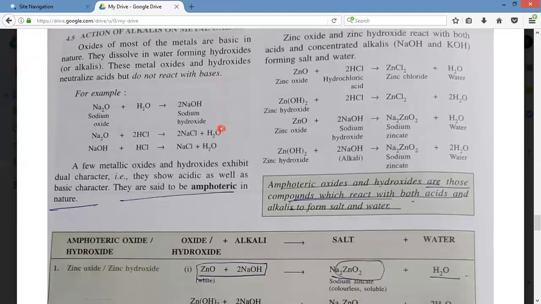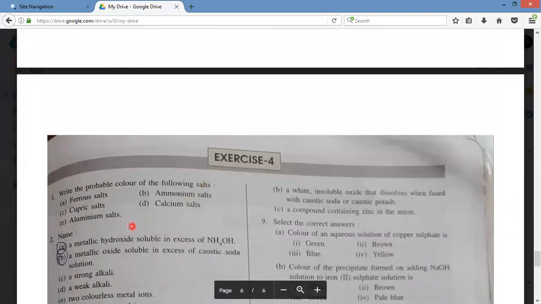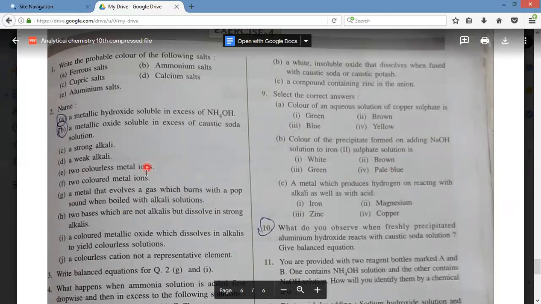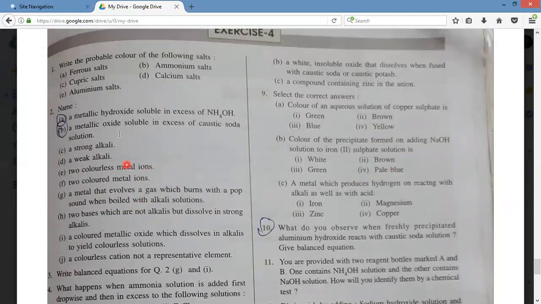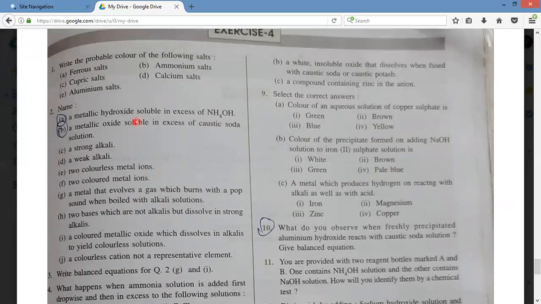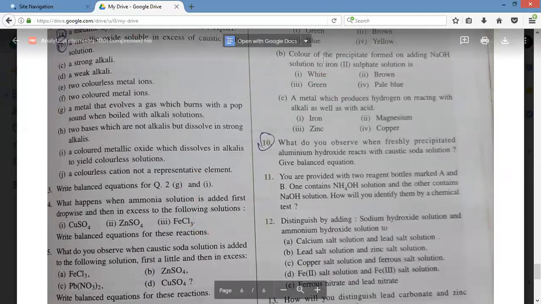That's all for this chapter. And after the next one, that are the exercise questions, in my next lecture, I will be giving you the answers of this chapter. The answers will be based on the 2019 edition. Kindly check the questions and correlate your answers with those questions. Thank you and have a nice day.